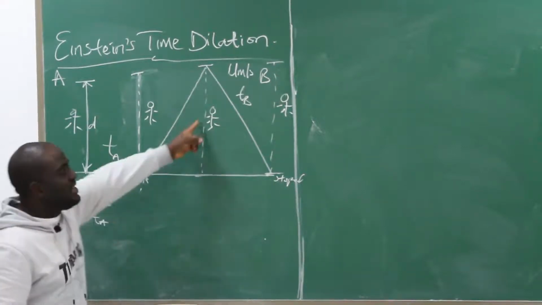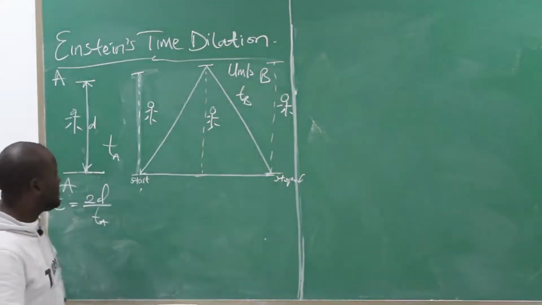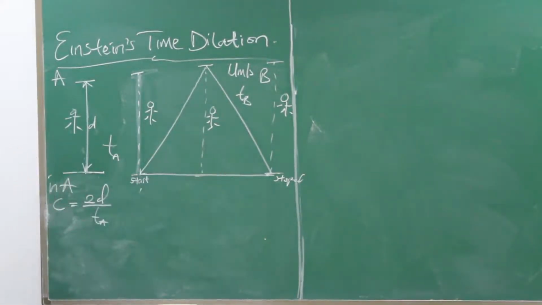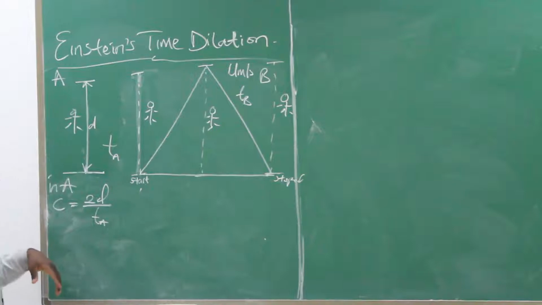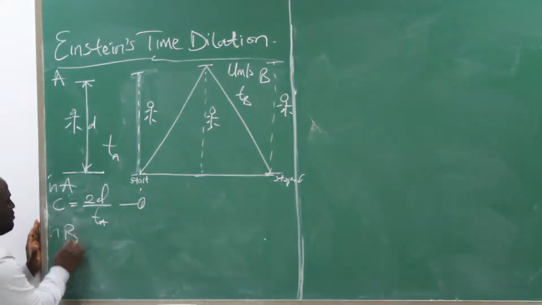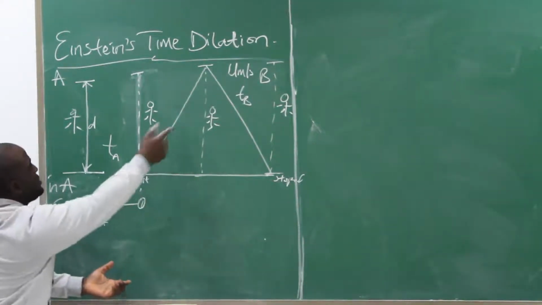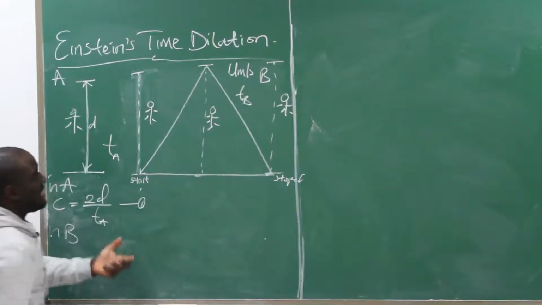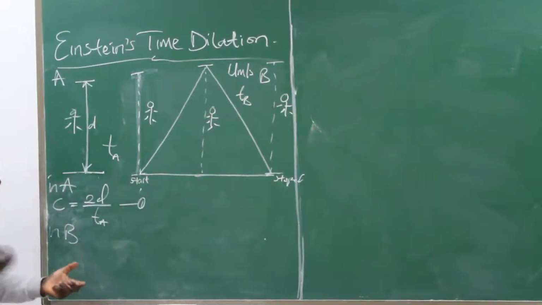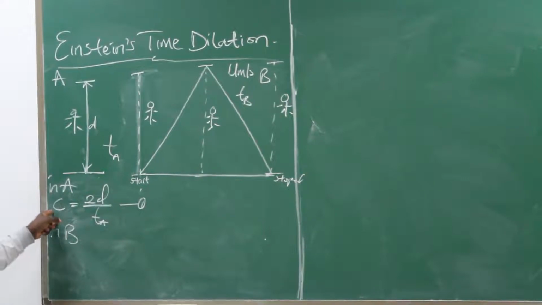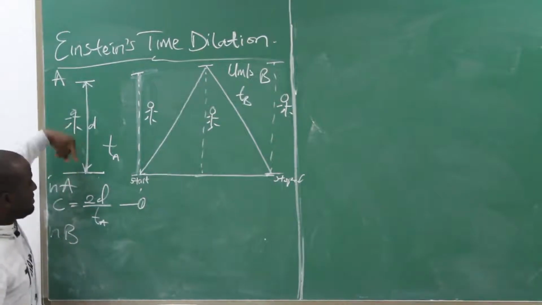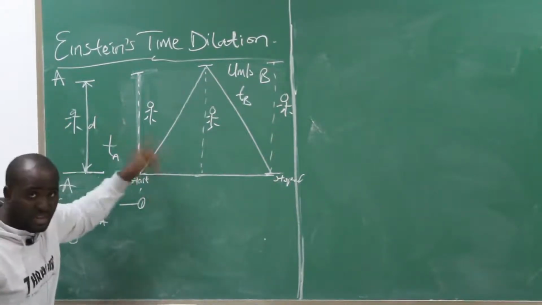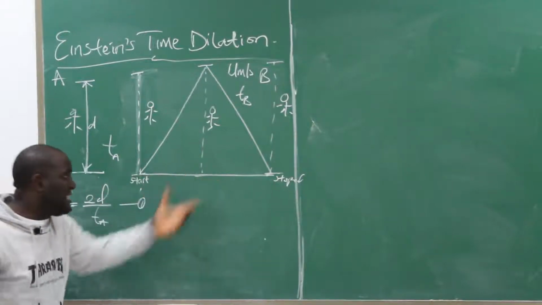Now, for this guy looking here, what would he see? He sees something like this. The time he measures is TB. Now, first of all, let's say this is equation 1. Now, in B, which is this case, this guy watching the same event sees something like this, and his time is what? You know, now, according to Maxwell, the speed of light is the same for you here, and also the same for this guy here. Now, this light is moving here, up and down. You still see it move up and down too, at the same speed. But what exactly is happening here? You can see,